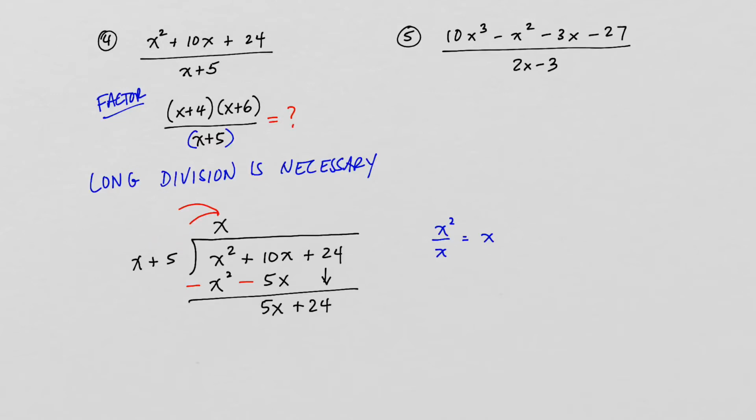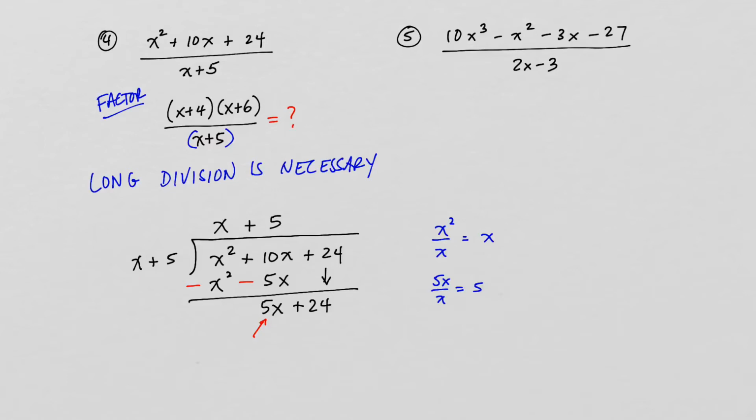And then we repeat the process. So now we're looking down here, 5x divided by x. So again, you only focus on the first terms. 5x divided by x is positive 5. So we put this up here,